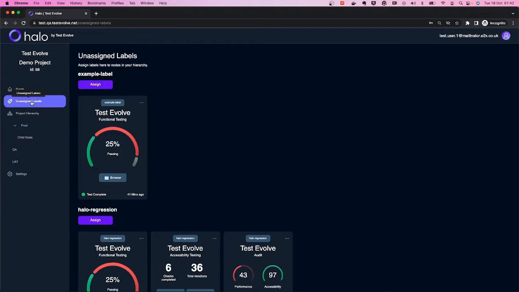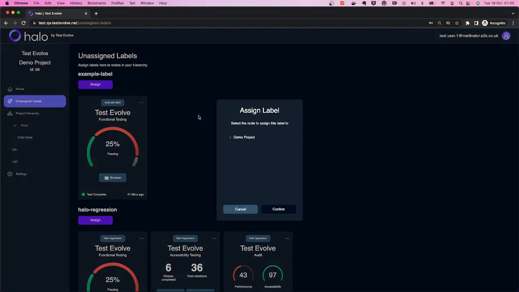What I can then start to do is look at how I wish to store my data. Okay, so if we take this example label run from here, there's two ways I can do this. I have an assign button here on the unassigned labels page. And now that I've created some nodes in the left-hand navigation, I can simply come here and say, right, that data belongs against the UAT environment or the UAT node. I click that, I click confirm,